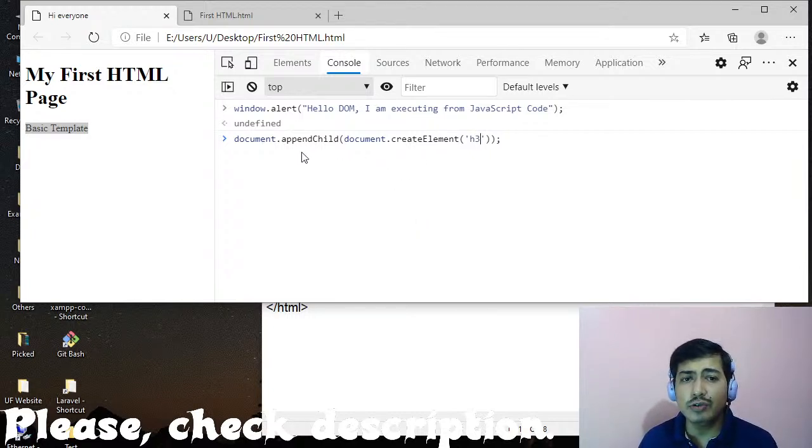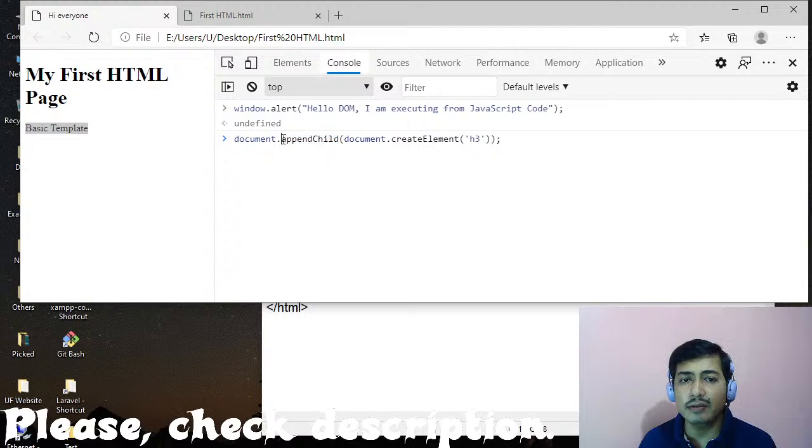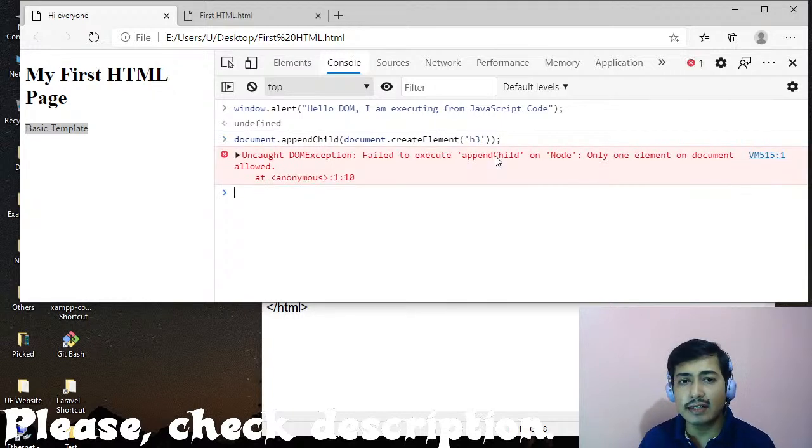So what it is going to do, it is using double methods. You see document, I'm telling the document please appendChild. AppendChild means within the body part you have a lot of things, but we don't have a lot of things right there. We have only two things, h1 and paragraph, right? We don't have anything else. So we are telling the document, please use your built-in appendChild method, and create an extra element. What type of element? It is an h3 tag. Create it please. As soon as you press enter,